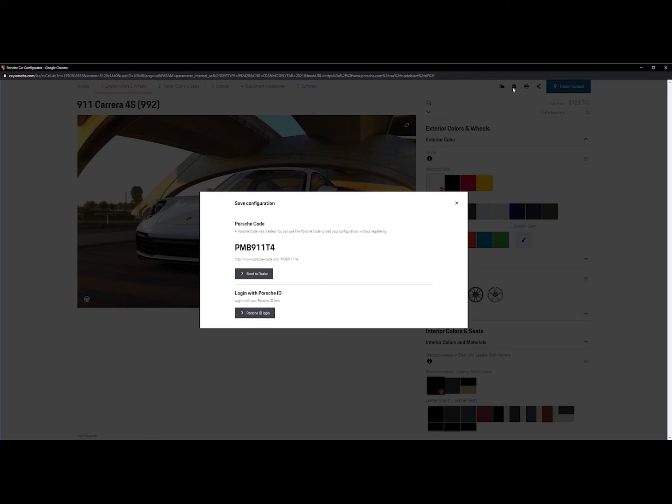This Save Configuration window includes a Porsche code. A Porsche code is unique to your build. Every code is unique to each build that it's associated with. So in our case, this code is PMB911T4. With this code, you're able to send it directly to a dealer here using the Send a Dealer button,